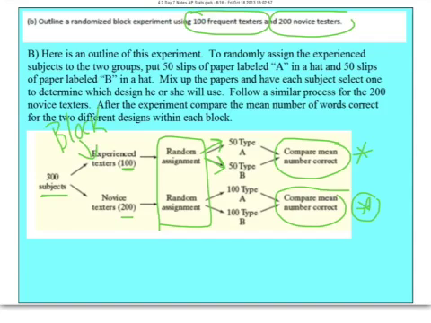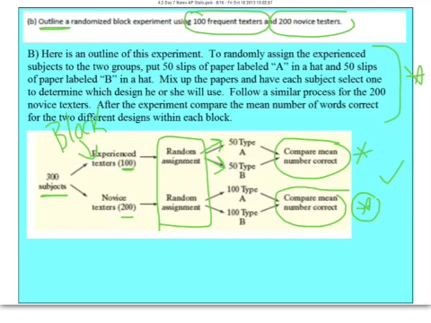Now be careful: if this was on the AP exam and it said to outline the randomized experiment, the diagram here would not be sufficient. You would include a diagram and the language on how you would do that. So don't forget to say something like this. To randomly assign the experienced subjects to the two groups,